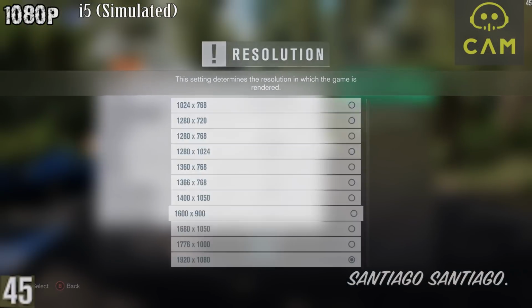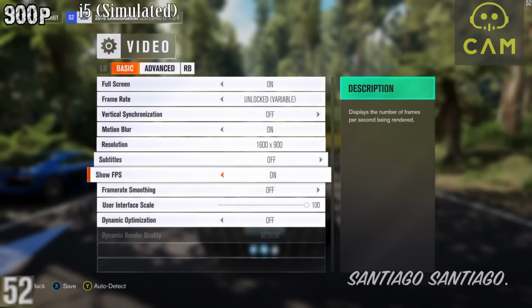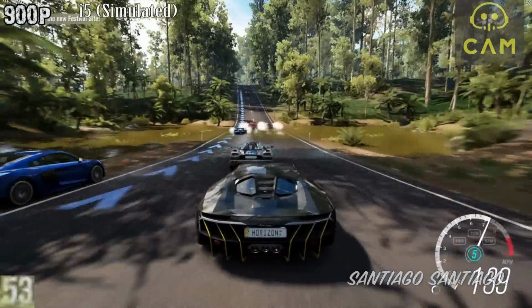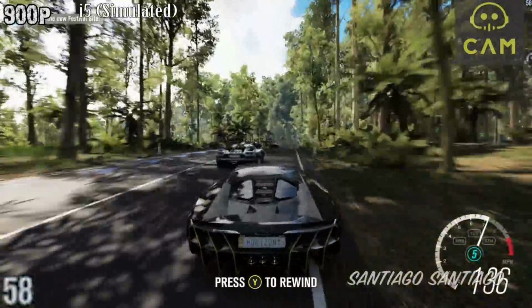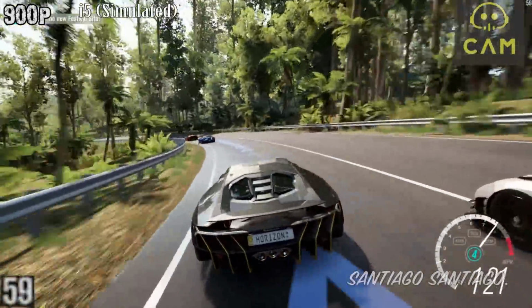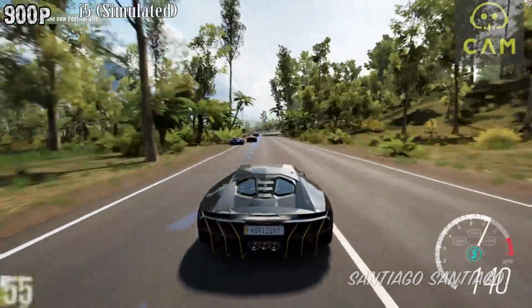So now we go into resolution and we select 900p. Yes, we accept the changes and we are using the same settings in the advanced tab. So we save the changes and we continue, and as you can see we are still below 60 FPS, but we are closer to hitting the target. So I'll keep playing like this for a little bit in order to see how much we can maintain that